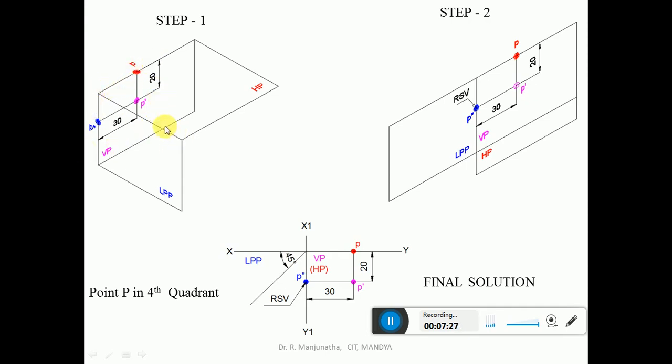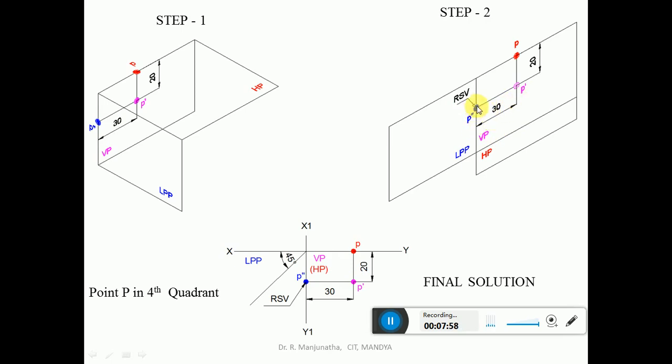Then you cut it here and rotate HP down and LPP to the left side. So these will be the corresponding sketches. That is the rotation of the planes by 90 degrees, such that the corresponding images on each plane are going to be rotated as shown. So now the distance with respect to the profile plane, which is in front of LPP, is seen in both HP and VP. So HP and VP both are below the XY line.